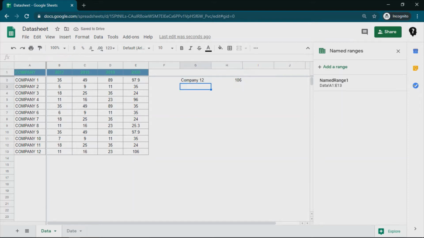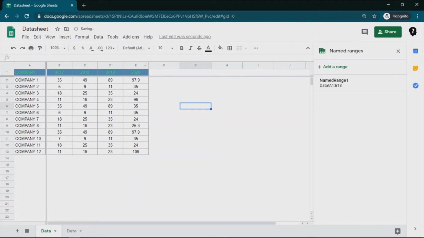Similarly, I have the same formula here for say company 1. So in this case, if I now change my named range, then in both cases it will be applied simultaneously, and I do not have to change the ranges in each and every formula. So this is how named ranges are very handy and useful when there is collaborative working on the sheet.